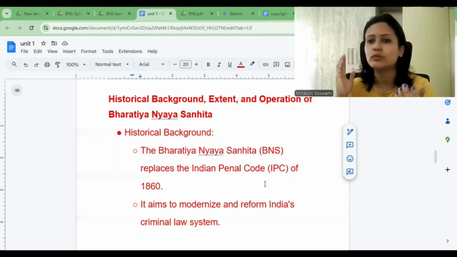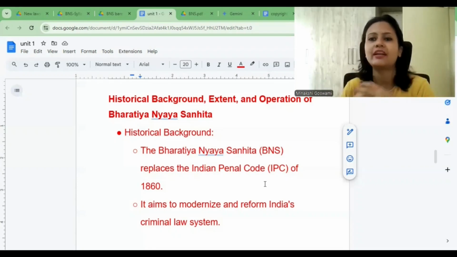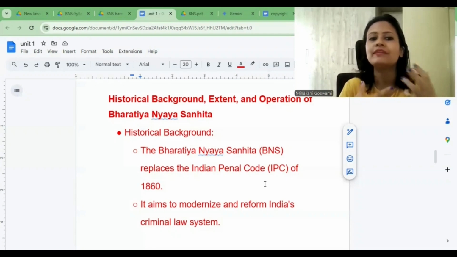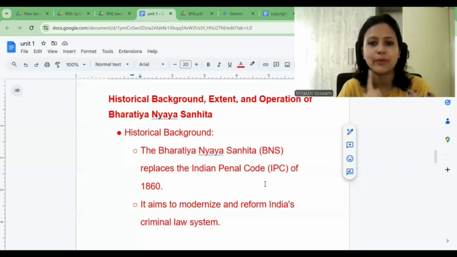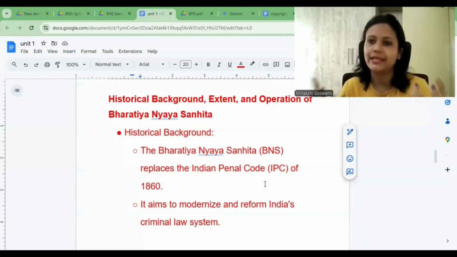Banks are releasing such things, and you will get notifications or messages from platforms like banks saying, okay, we never ask for your OTPs, we never ask for your personal information, because these kinds of frauds are increasing day by day. And to deal with these things, we had to make changes in the criminal law of the country. To deal with advancements in technology, the increasing number of cyber crimes and online frauds, as well as the evolving societal norms related to gender, sexuality, and individual rights, it was very much needed that criminal law is reformed and made relevant for the contemporary.